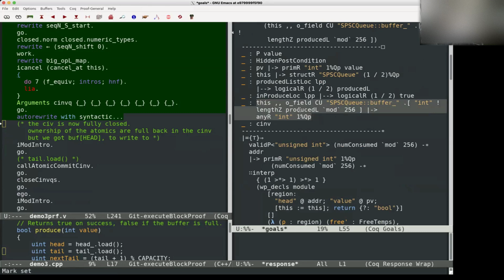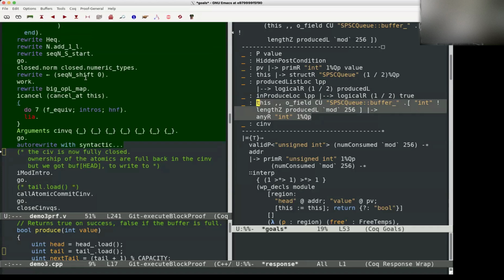So produced length of produced L mod 256. The buff size here is 256. And so we got this ownership of this field out. Even after we closed the invariant, we got to keep this ownership, because we set in produce to true, this ownership is no longer needed in the invariant. The definition, the conditional, says that this cell is no longer needed in the invariant, so we get to keep it even after closing